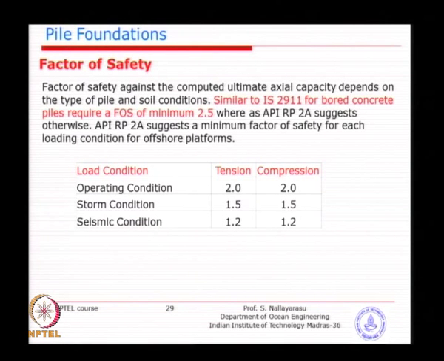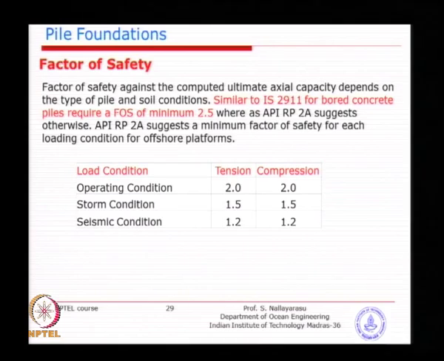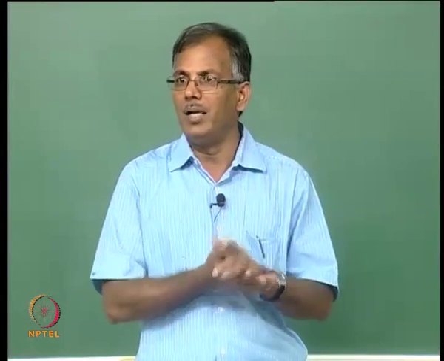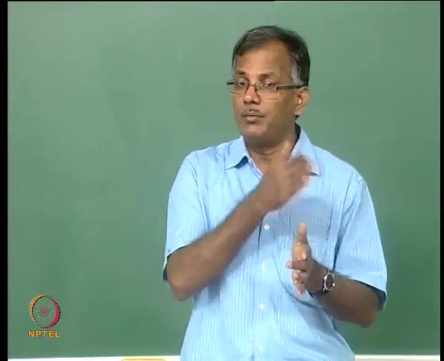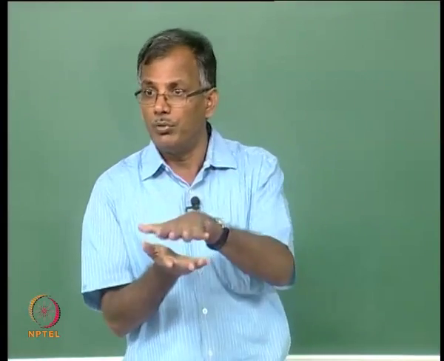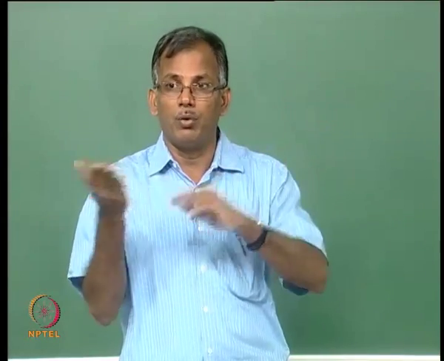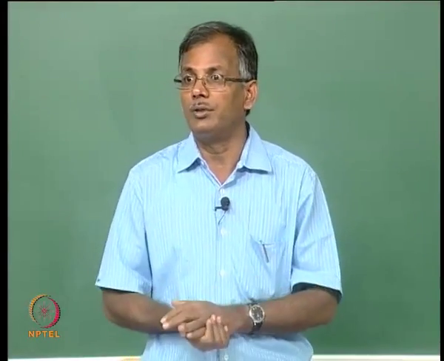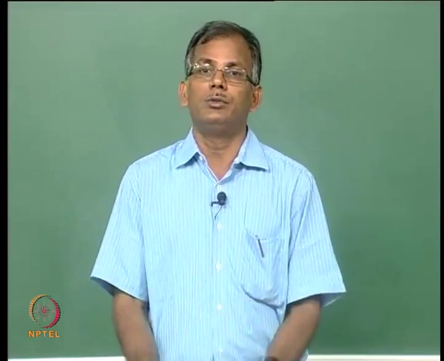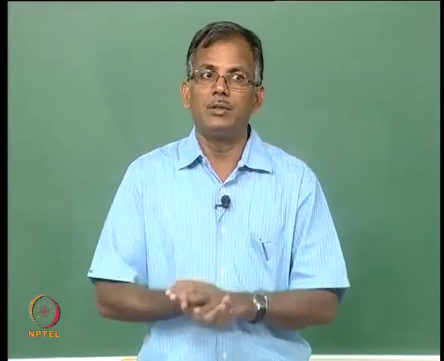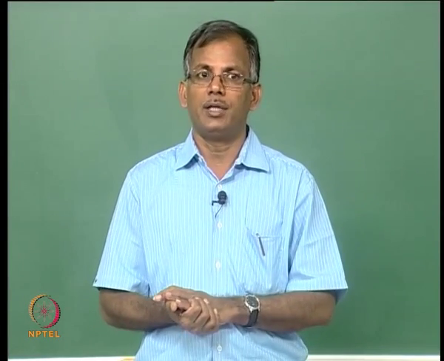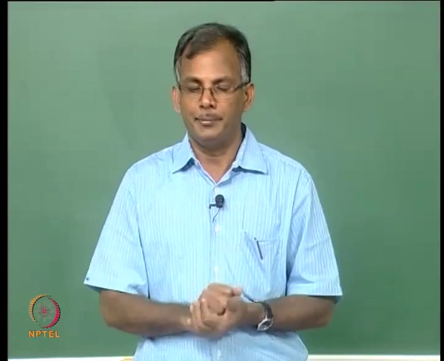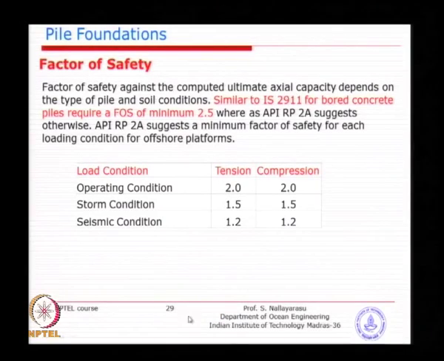So, you have the ultimate capacity divided by this factor of safety. The factor of safety is to account for uncertainty, as well as the fact that the loading is working loads, whereas the capacity what we have evaluated is at failure. Remember, we started from the bearing capacity of a shallow foundation, we had upper bound, lower bound, all of them were evaluated at failure. We can't allow the foundation to fail, isn't it. So, we need to reduce the loads such that the foundation will be in a safe state when the working loads are applied. That is why the factors of safety are required, and you can see here this table.